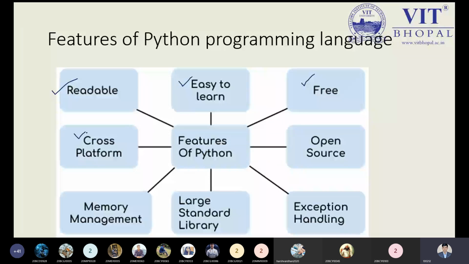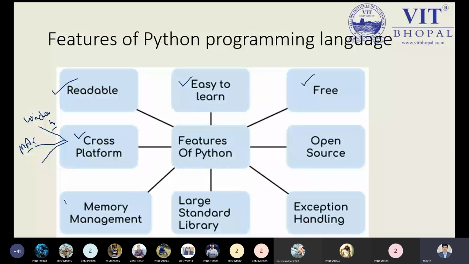Cross platform means that the code you have written can run on each and every machine. Like I'm using Windows 10. I wrote the code in Windows 10 by using its compiler or interpreter. Then my friend is using a Mac operating system, and I send him the code. Will Python work? Of course, the code written by me will work on his machine without any doubt. So that is cross platform, or we can say platform compatibility.